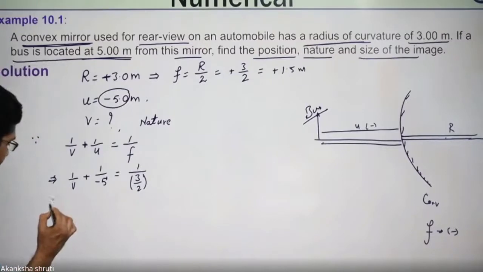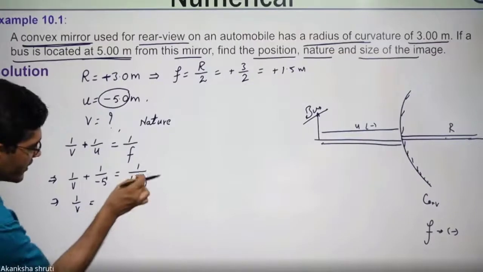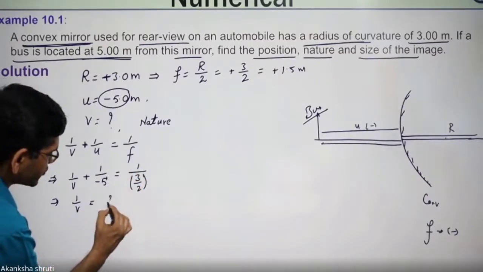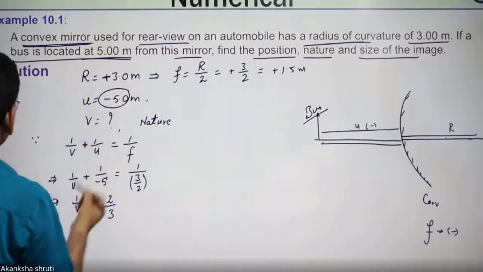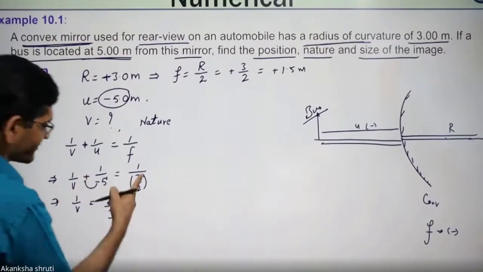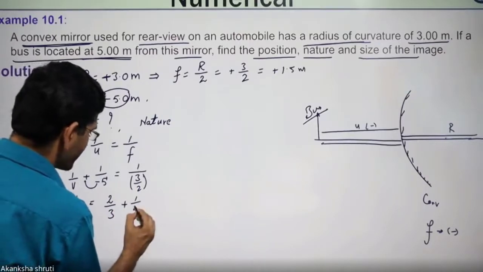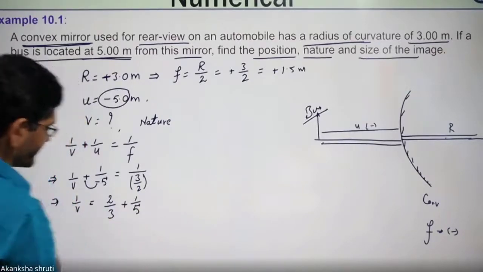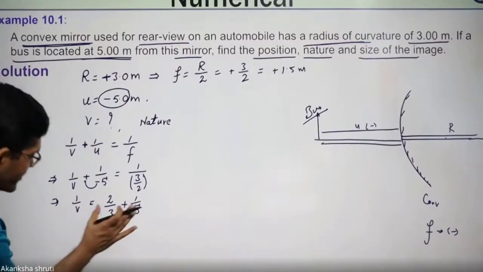Now from here we have to determine the value of v. Very easy to determine. Students, keep this unknown on the left hand side: 1 by v is equal to 1 by 3 by 2, which gets converted into 2 by 3. Students, observe carefully. On the left hand side it is plus of 1 by minus of 5. So this minus will make this one negative. As a result, when it goes to the right hand side, it will turn positive, plus of 1 by 5. Hope all the students are getting it. If you have a doubt, do not hesitate to ask. So we have to solve this.